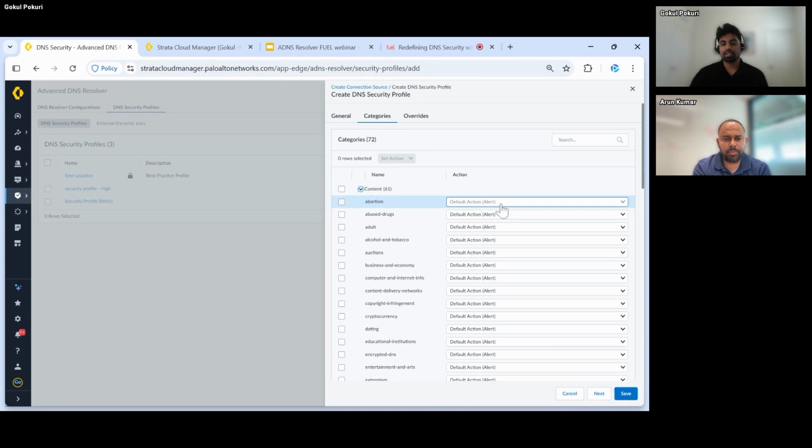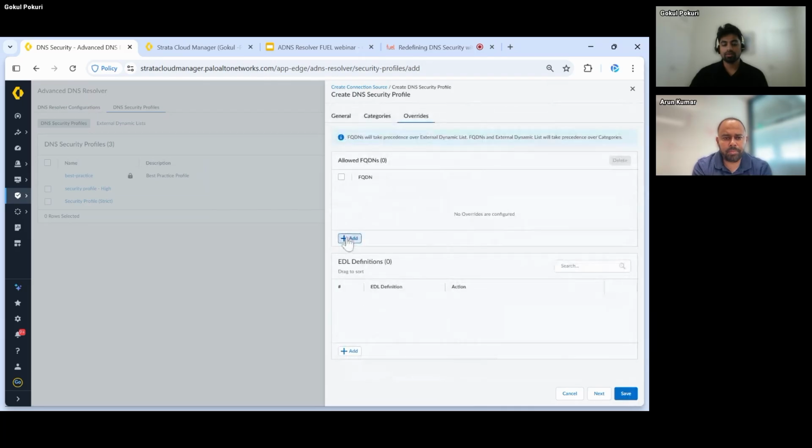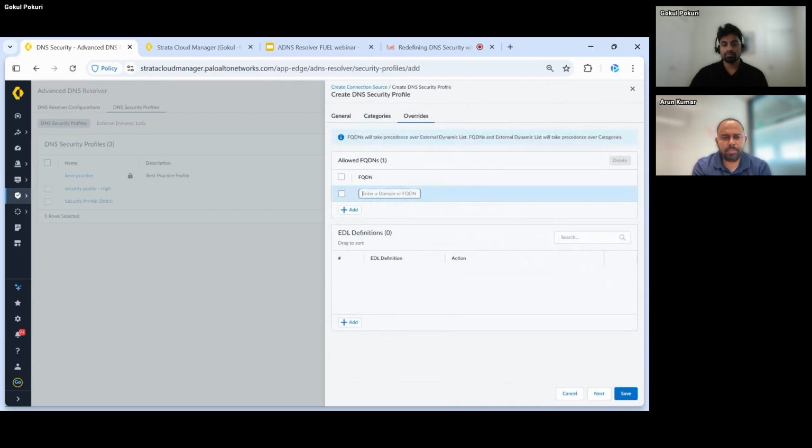Basically, the action is set to alert and sinkhole from the best practice. I can change accordingly. For example, this I want sinkhole. Maybe this allow and maybe dating to sinkhole, etc. So this is how we can configure and save overrides if I have anything, for example,